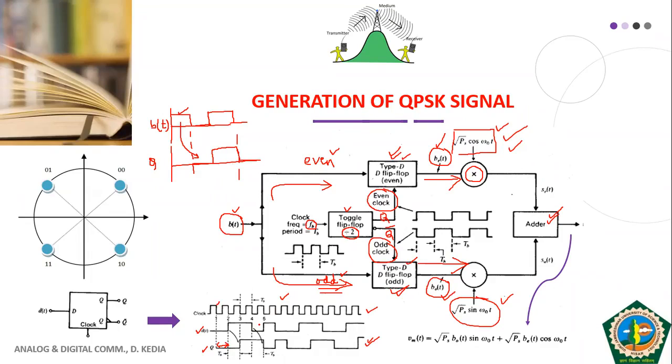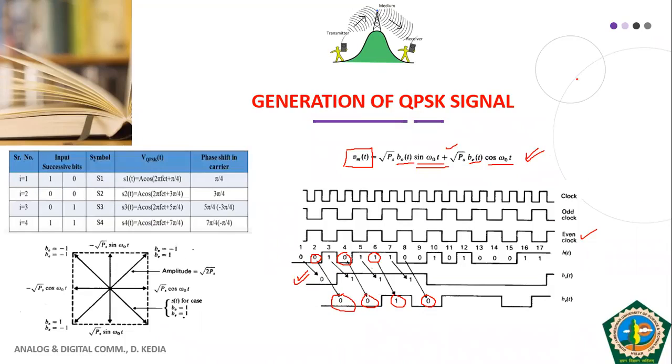But that is not the case. We are transmitting even numbered bits and odd numbered bits on carriers which are in quadrature with each other. What does it mean? Quadrature means there is a phase relationship of 90 degrees. So you can say that the even numbered bits are transmitted through a carrier which is represented by a phasor on the real axis, and the odd numbered bits are transmitted through the quadrature carrier, which represents the imaginary axis.